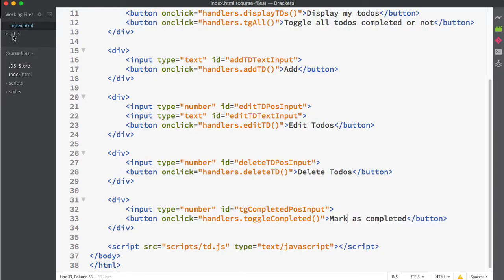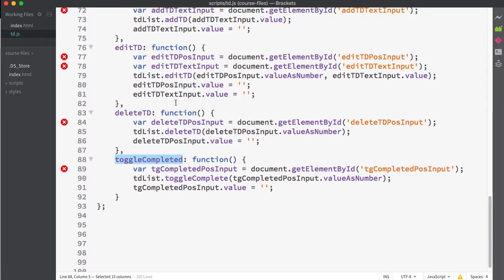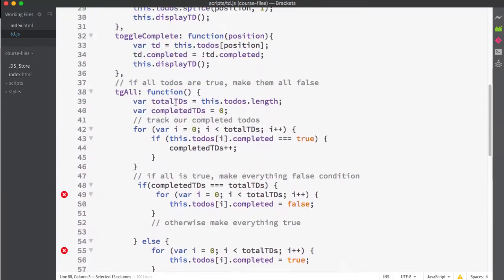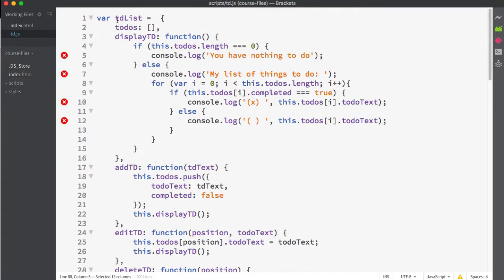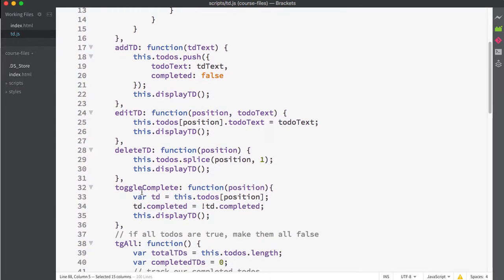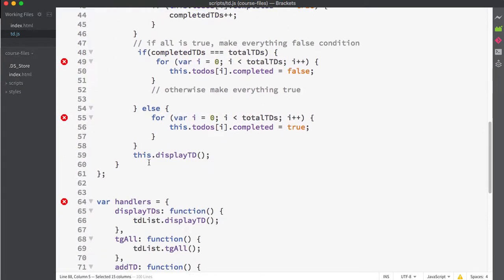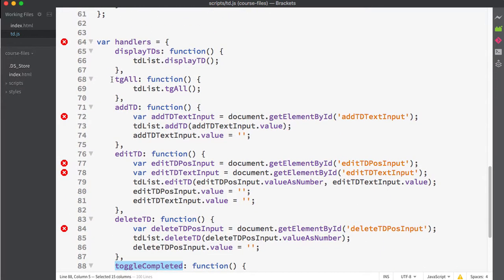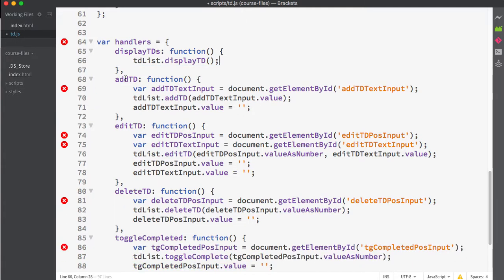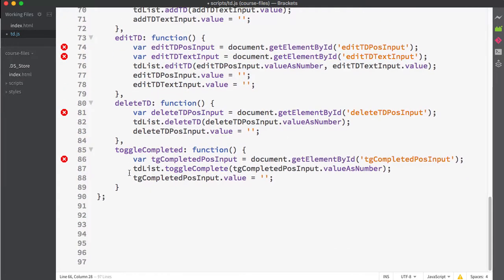The final step that I would recommend, and it's not necessary to make it work, but just to keep things tidy, is that if you recall, when we created our object, our tdList, we used displayTD, addTD, editTD, deleteTD, toggleComplete, and then toggleAll. So just to keep things in the same order, I'm going to grab my tgAll function. I'll grab everything right here, and I'm going to cut this. So we have display, add, edit, delete, toggle completed, and then I'm going to put in a comma and paste in